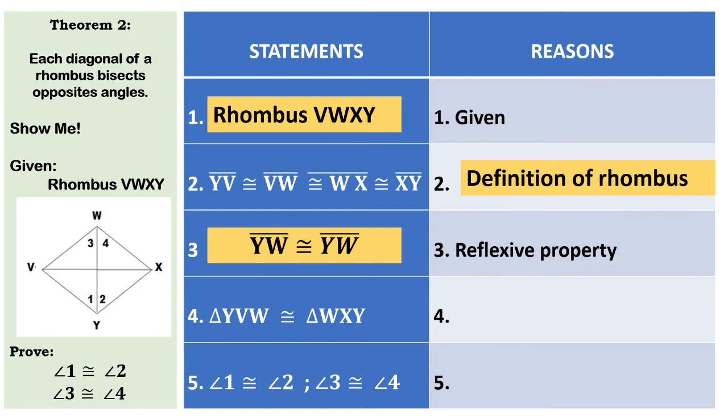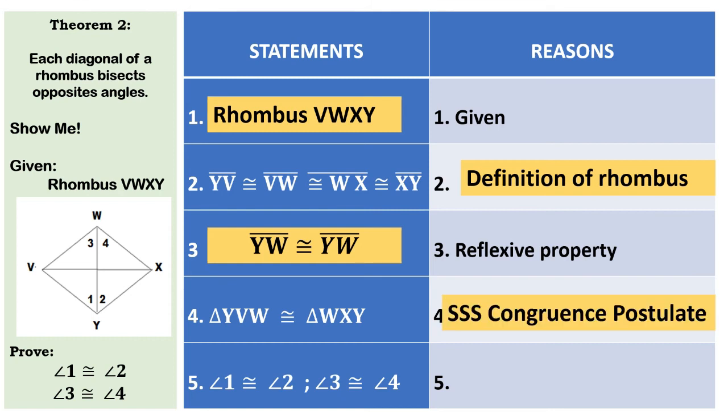Next, we have the statement triangle YVW is congruent to triangle WXY. Why did we have this kind of statement? It is because of the SSS congruence postulate, or side congruence postulate, which tells us that if the corresponding sides of two triangles are congruent, therefore the two triangles